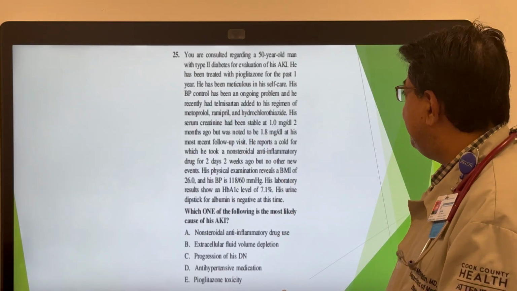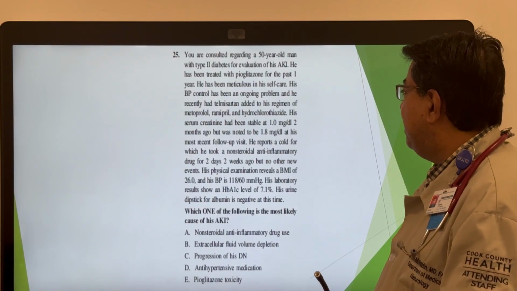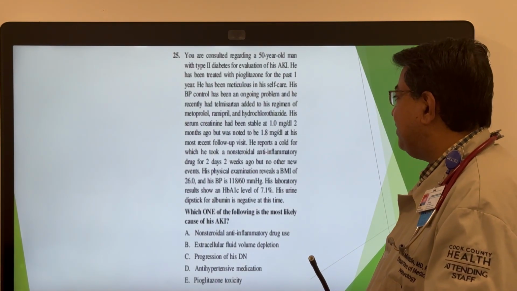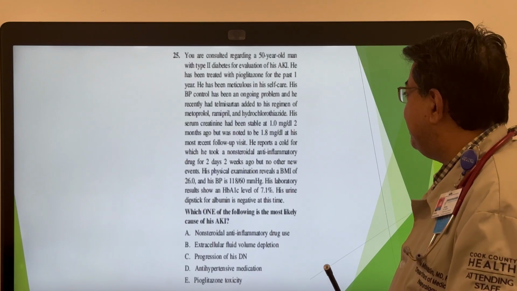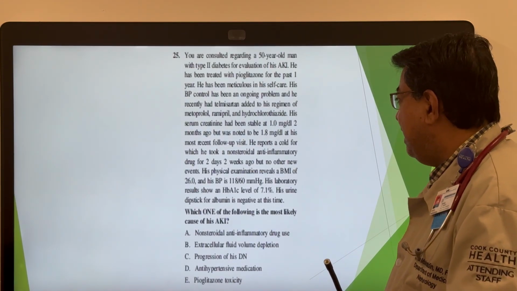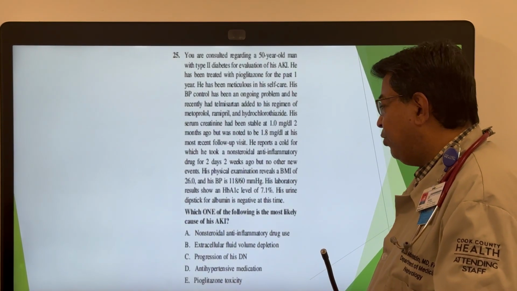So you're consulted regarding a 50-year-old man with type 2 diabetes for evaluation of his acute kidney injury. He has been treated with pioglitazone for the past 1 year. He has been meticulous in his self-care. His blood pressure control has been an ongoing problem, and he recently had telmisartan added to his regimen of metoprolol,